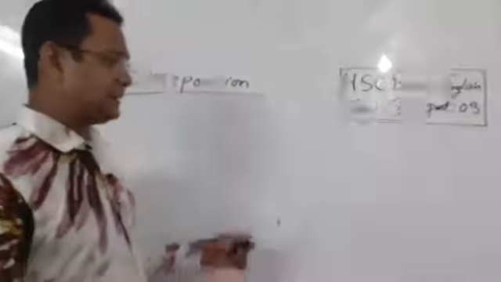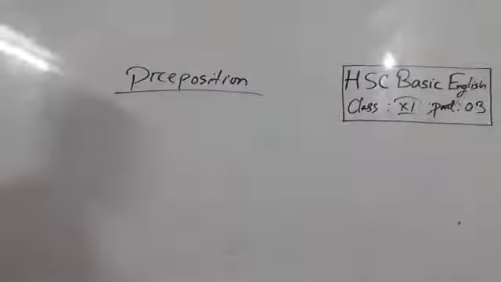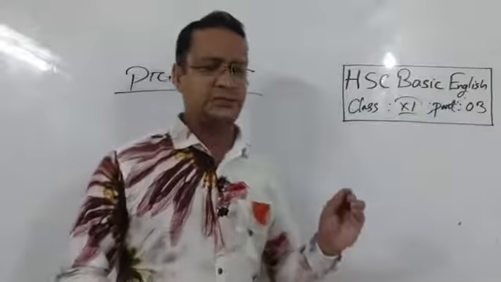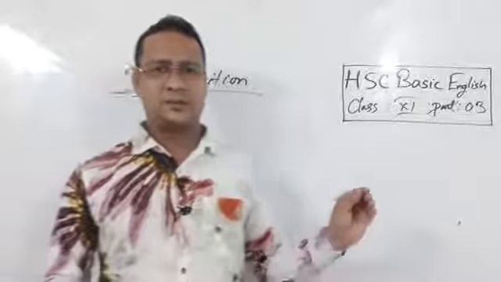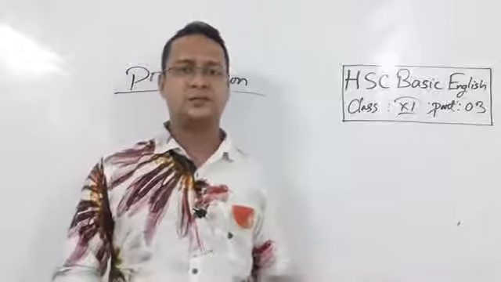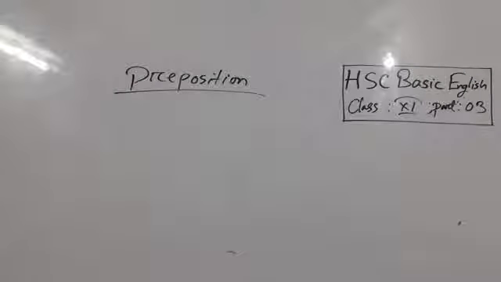Okay, clear. So, the word that stands before a noun or pronoun and makes a relationship with other words of a sentence is called a preposition. So what I am saying, the word which stands before a noun and pronoun and makes a relation with the other parts of the sentence is called a preposition. For example,